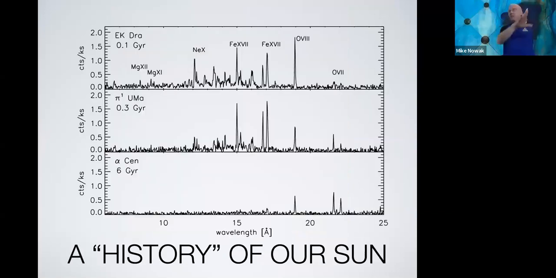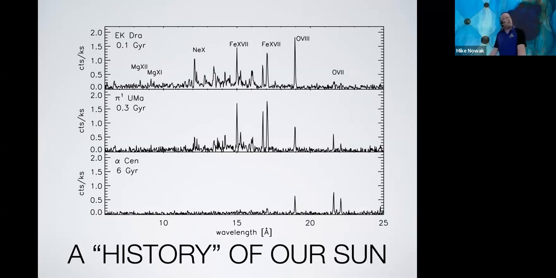Now, you asked, what do we learn from this? One of the things, because these are young, when we do the gratings, we can learn a little bit about stellar history. We would love to do spectroscopy of the sun over time, but we can't go back 5.5 billion, 6 billion years to do the history of the sun. However, we can look at other objects in the sky about the mass of our sun, and these are 3 different stars looked at with the gratings, all about the mass of the sun,